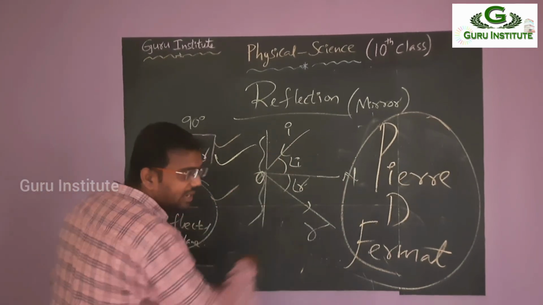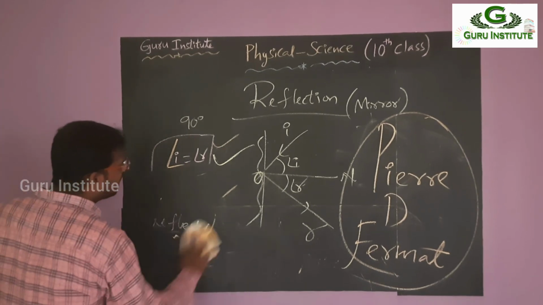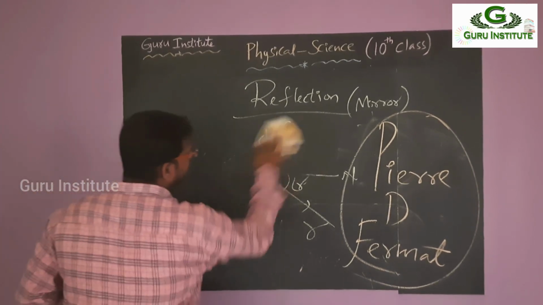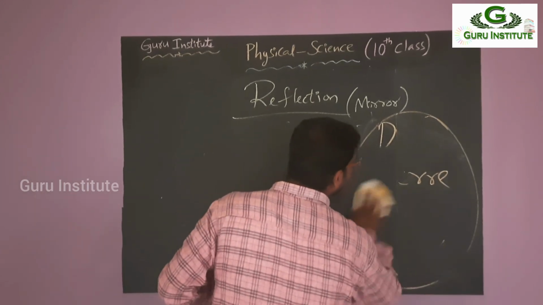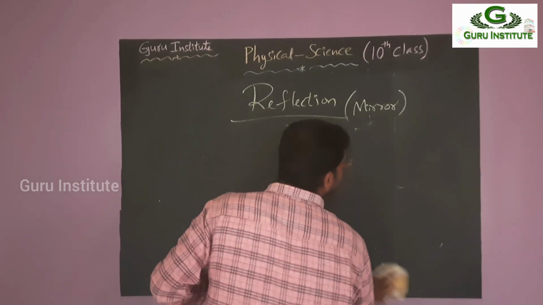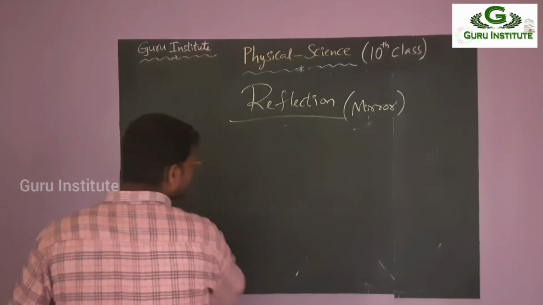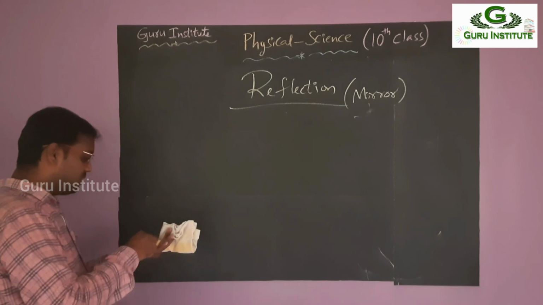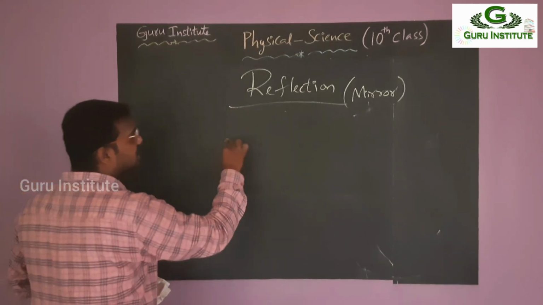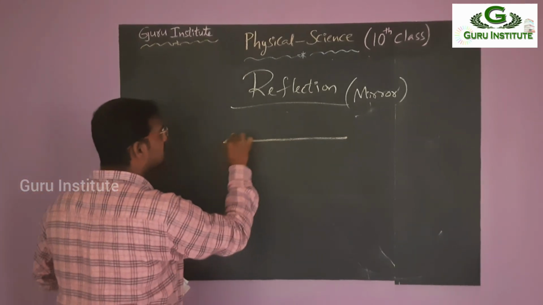So this is the actual way. But whenever you try to draw the picture of reflection, what do you have to take? Here a few small changes are there. Just observe the picture carefully. Okay. So now you have to take it as is. What is that?